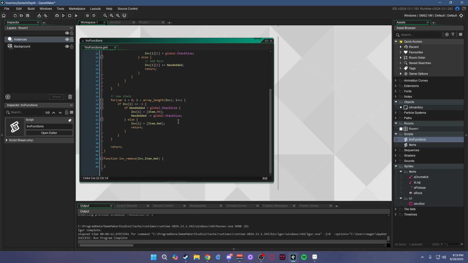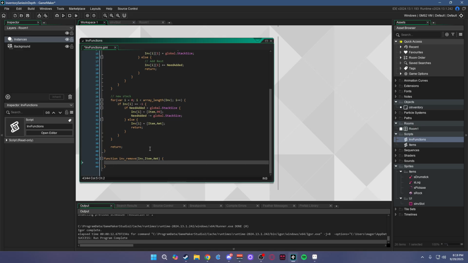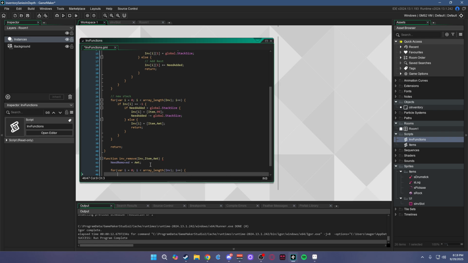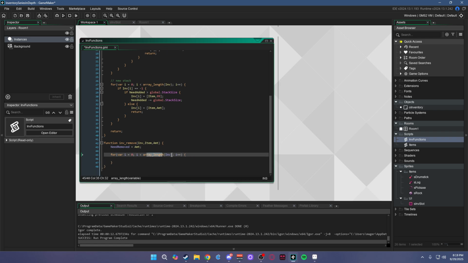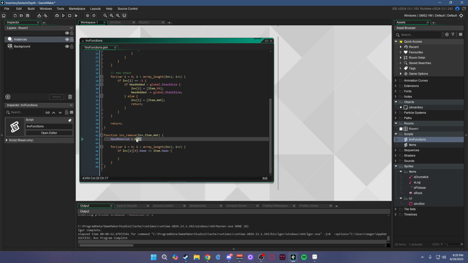Now, removing items, way easier. Need removed, and we're going to say amount. Now, this one's a lot easier since it's only looking for existing items. So we're going to loop through the inventory again. If inv I 0.name is equal to item.name, then we are going to say var can remove equals,